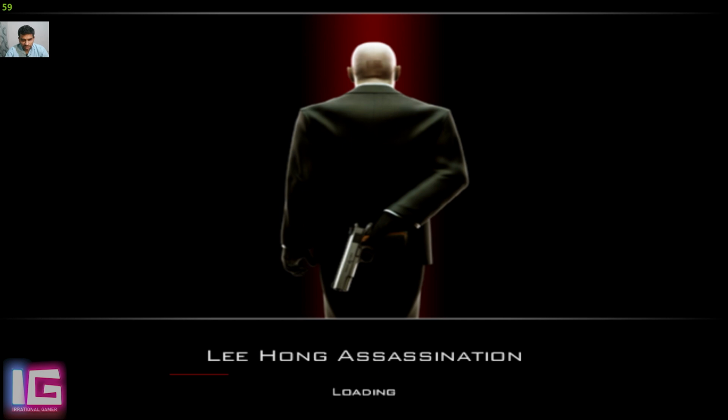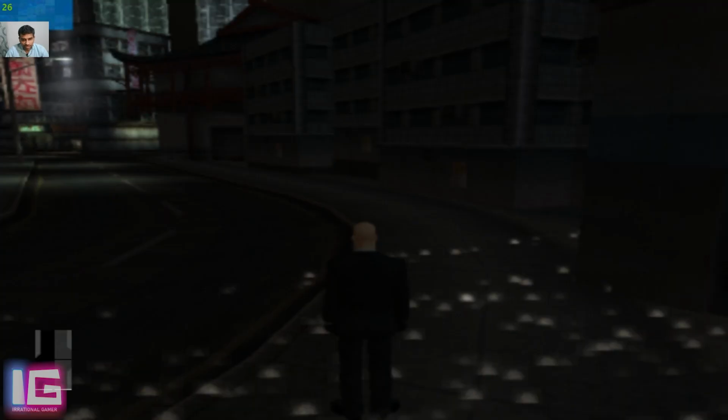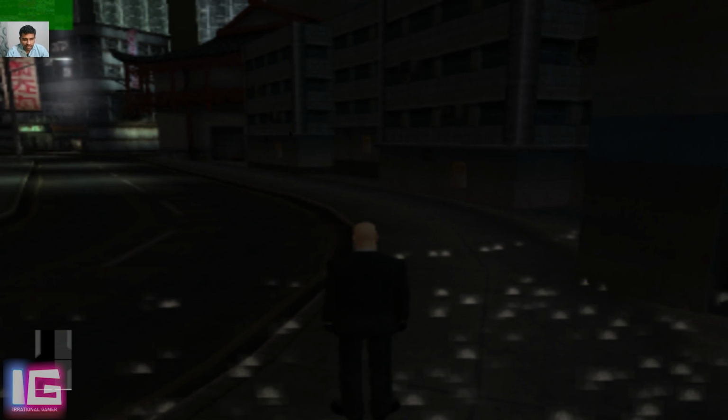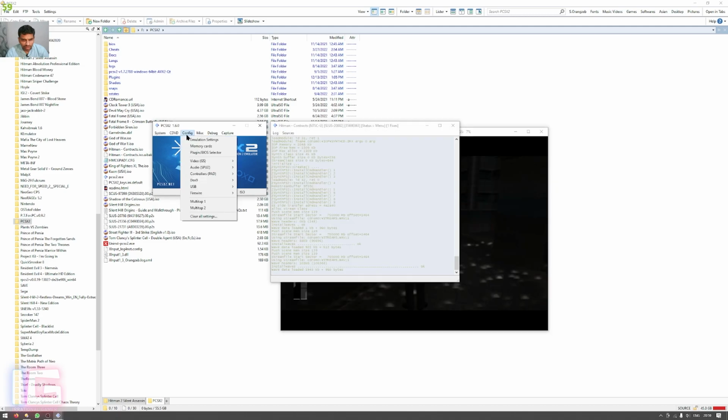And press the circle button to start the mission. After the loading screen, I will skip the cutscene by pressing the X. By the way, I'm using the wireless DualShock 3 controller for PlayStation 3 on my PC using the SCP toolkit drivers. The game has loaded fine, but as you can see, it is so much slow, and that's because you